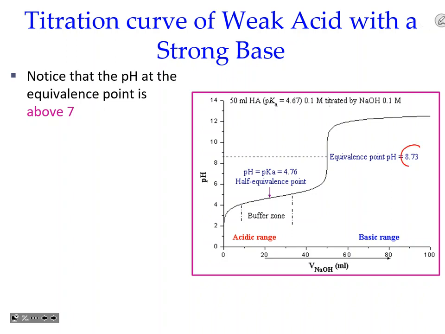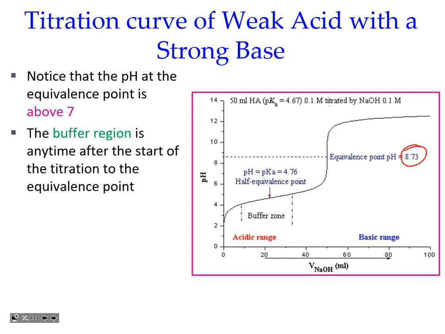Over here you can see it's 8.73. The pH will always be above 7 if you're titrating a weak base with a strong acid. The next thing you should see is there's something called a buffer region or buffer zone. The buffer zone is right here at the beginning of the graph. And it pretty much goes all the way over here to the equivalence point. This is the entire buffer zone. Now I don't necessarily agree with this arrow here, but about halfway,